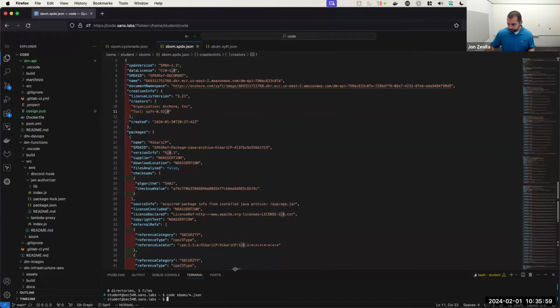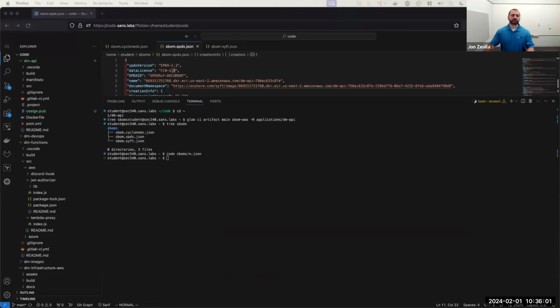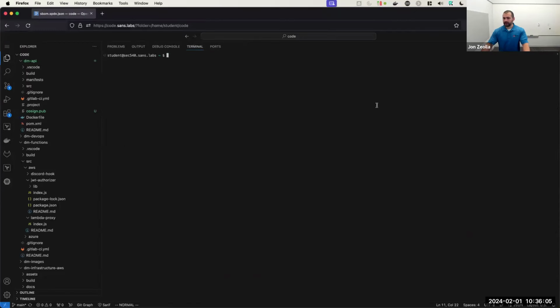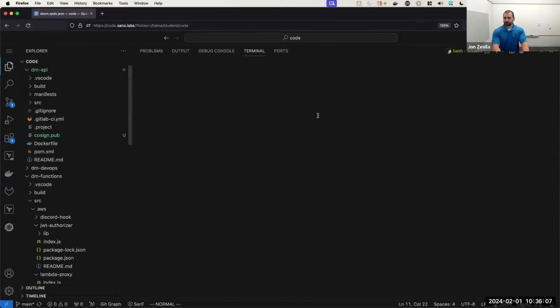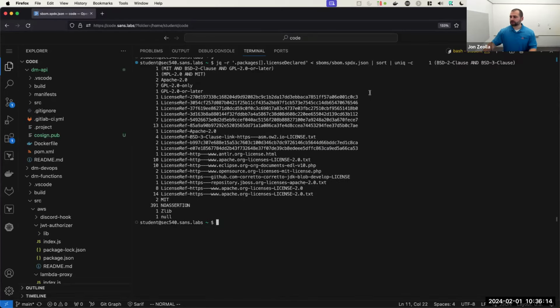All right. So that's great, but what can I really do with this? Well, just as a single example, and let me just maximize that, and I'll make it a little bit bigger as well. You can see here that because these are JSON outputs, we can use a tool like jq, and we can look at all of the packages in this SPDX SBOM.